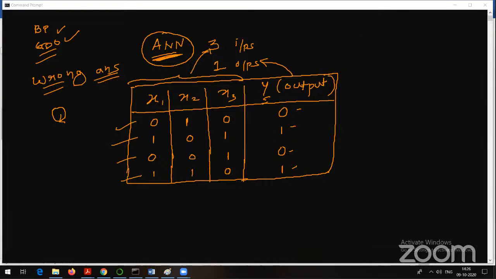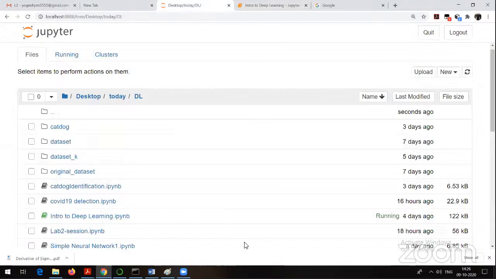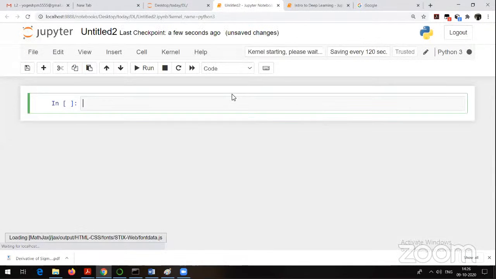So what I will do is I will just clear it, and I will try to go to Jupyter in the browser. So here this is my working directory. What I will do, I will try to open a new notebook. Okay. Anyway, we are going to need all that data, whatever I have shown you just now. So here